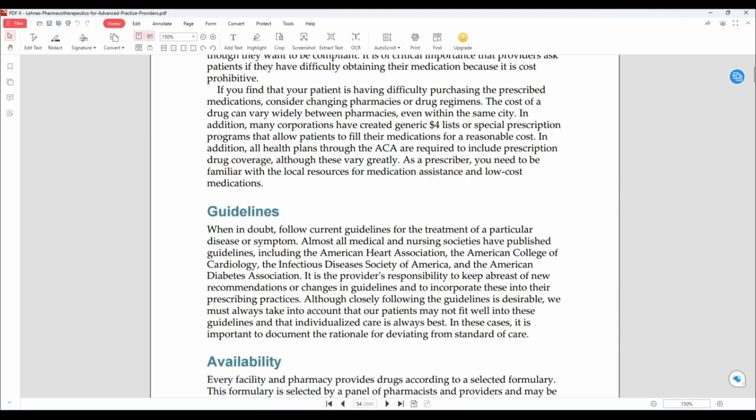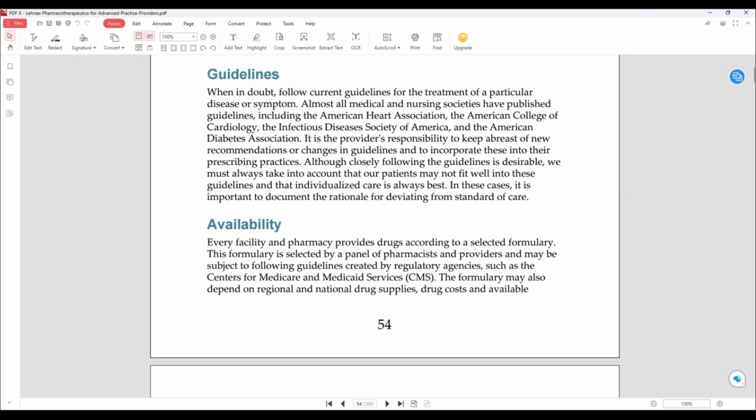medications. So, the guidelines. When in doubt, follow current guidelines for the treatment of a particular disease or symptom. Almost all medical and nursing societies have published guidelines, including the American Heart Association, the American College of Cardiology, the Infectious Diseases Society of America, and the American Diabetes Association. It is the provider's responsibility to keep abreast of new recommendations or changes in guidelines and to incorporate these into